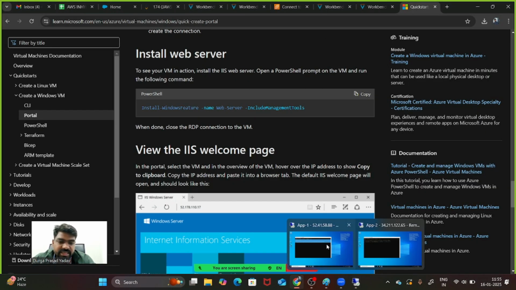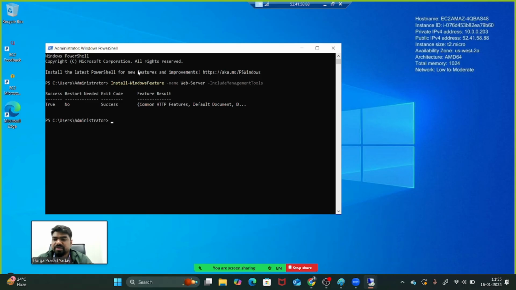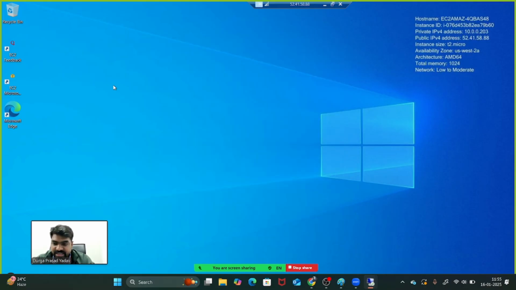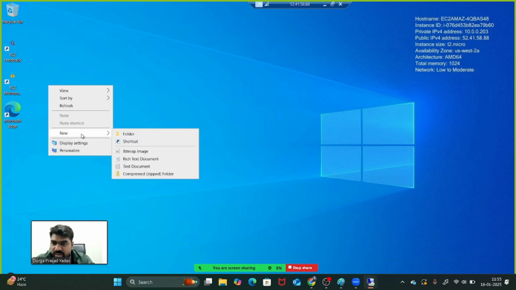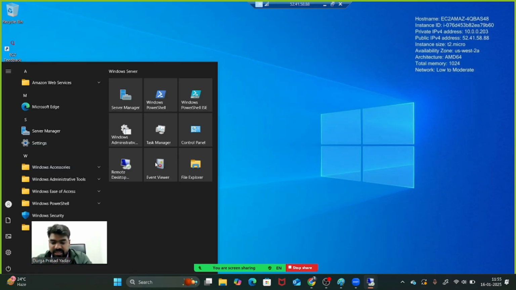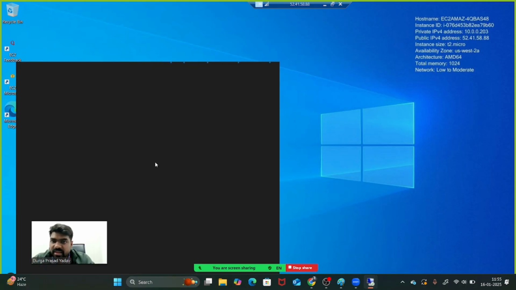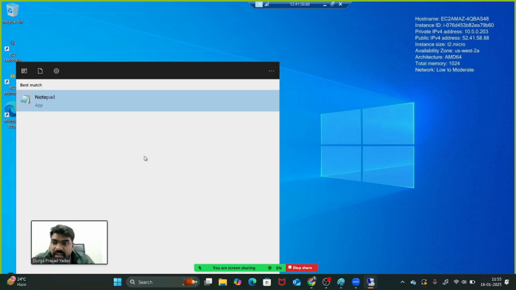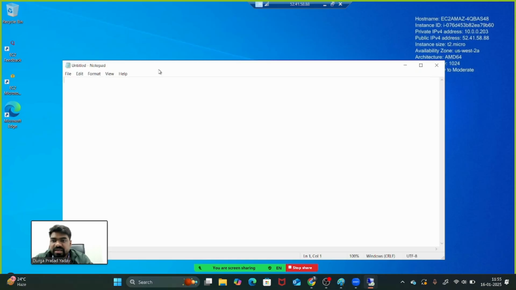So what I will do is I'll just bring you directly to machine number 1. In machine number 1, guys, IIS is done. Now if we need to test the web server, we can just create a page. We can open like this also, but we will open with the notepad, right? Let's create a page under the notepad.